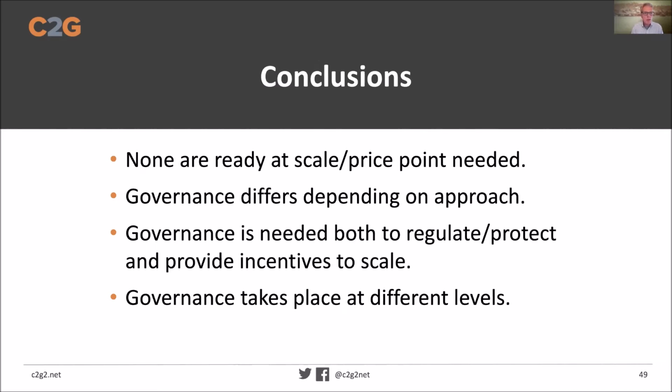And then four more important points: none of them are ready at scale or price point needed to get them going now, today. And as Bindu was indicating, we have to begin. Governance is needed both to regulate and protect, but also to provide the incentives to get to scale or get the knowledge, and so forth. And that governance takes place at different levels. These are the actors. It's the local issues around where things are happening, to recognition and being assured that whatever is being done at the various national, subnational, and regional levels is actually compatible and comparable, and that we are bringing the globe in the right direction collectively.